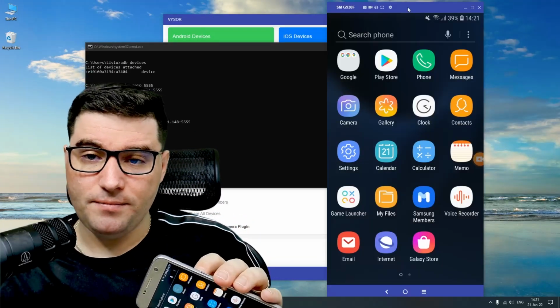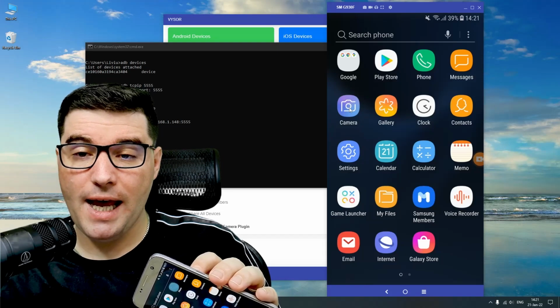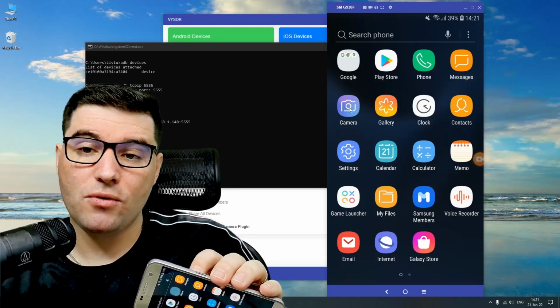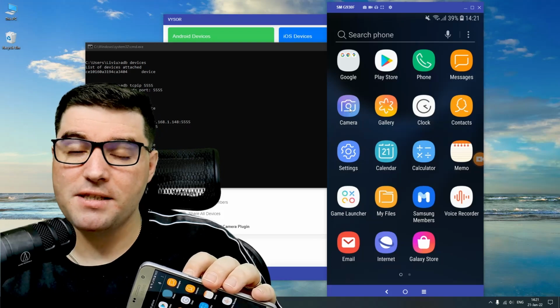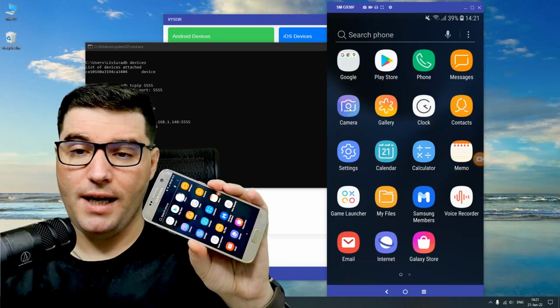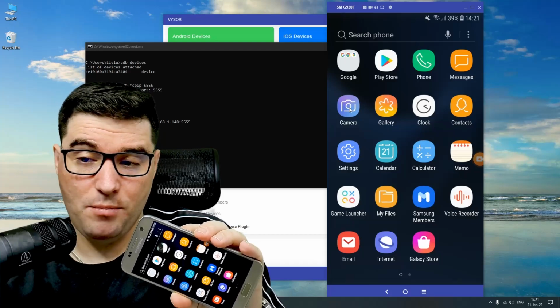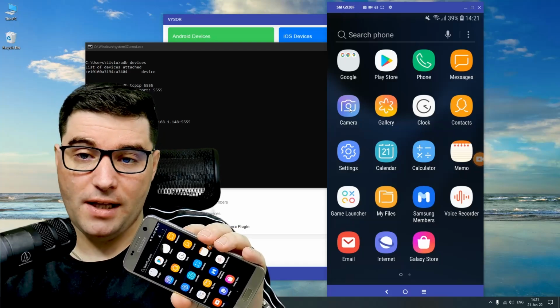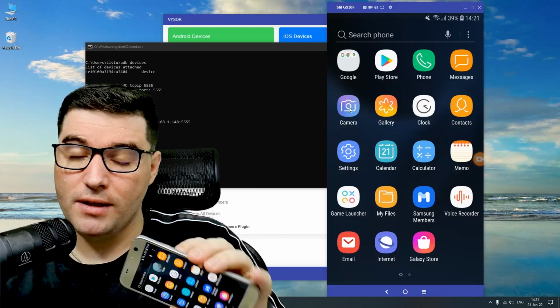So I mentioned earlier about practical uses of this method. Well, you can, for example, take your Android phone and place it in another room while it's still connected to ADB and to your wireless network. And what you can do is use Visor to start the camera, and it will actually record, or it will simply display what the camera shows in that room. So that can be used as a baby monitor, or that can be used as a surveillance camera.